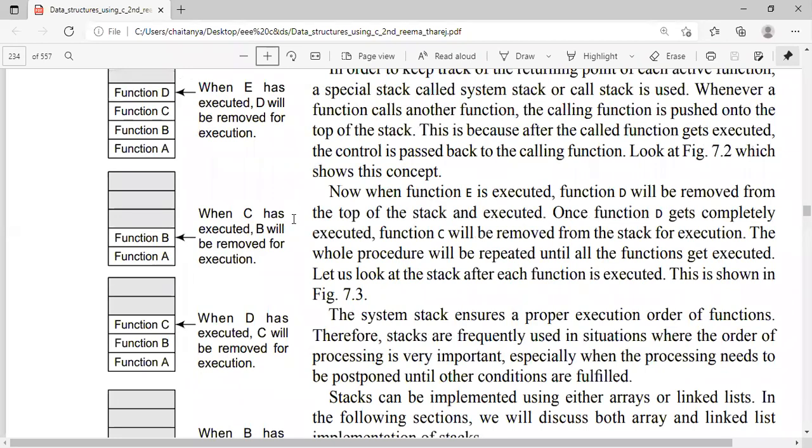This system stack may be implemented by an array, or by a linked list or any other means. But the concept is the same. The stack functionality is the same, that is last in, first out. Last inserted will be deleted first.